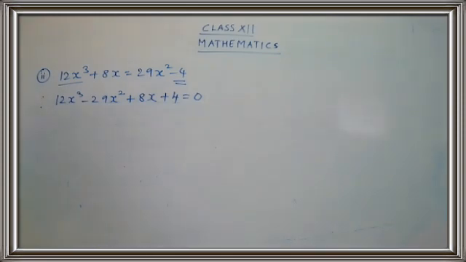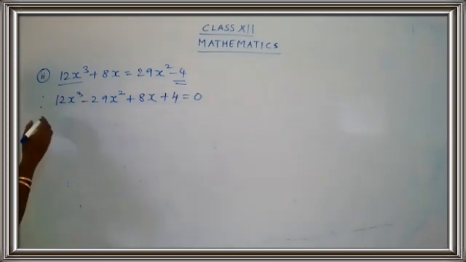So the signs of 29x square and 4 change. That's all. Now here we don't have any particular value. This is a cubic function. So what I'm going to do is I'm just going to take one of the values and find out. I'm going to start from 1, then take minus 1, then 2, then minus 2. It's a trial and error method.